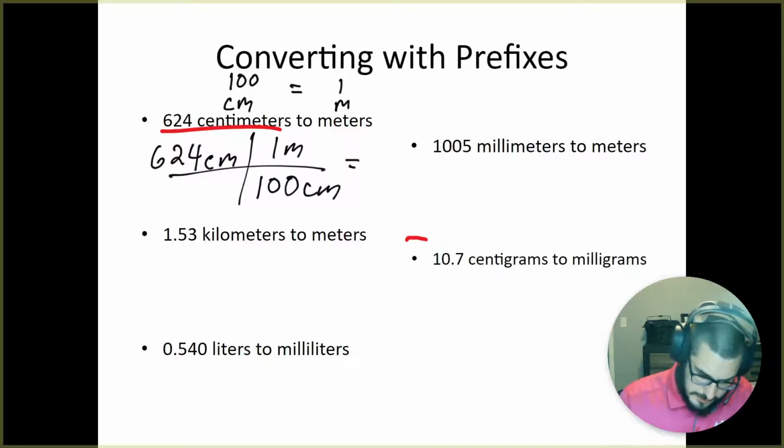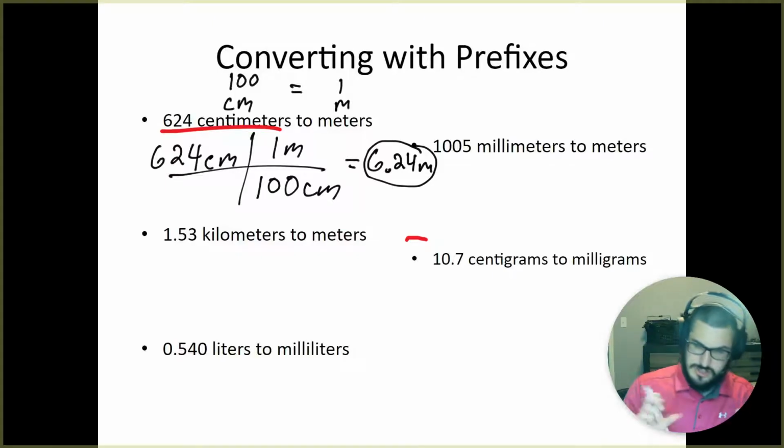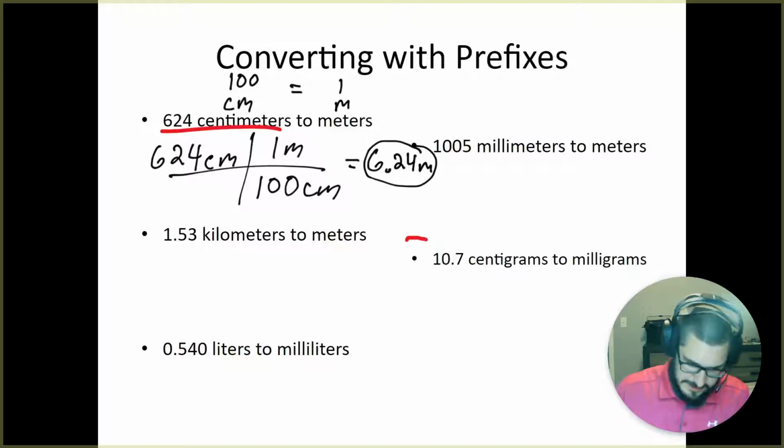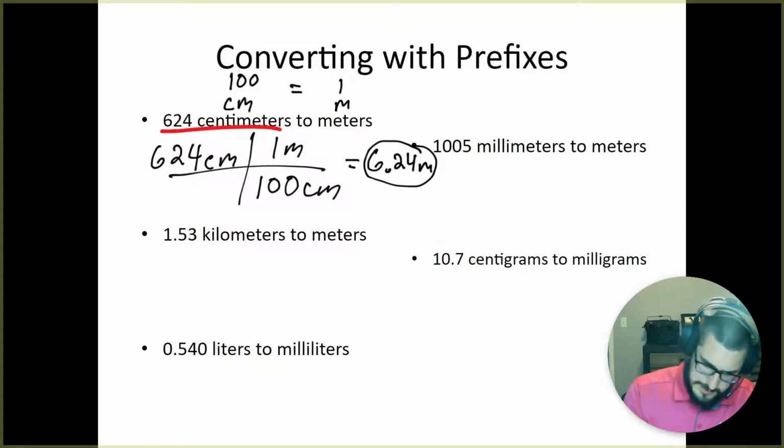So when I do that, I get 6.24 meters. And the nice thing is you can just move that decimal point, or you can type it in the calculator. If you don't see that, that's fine. Next one we've got is